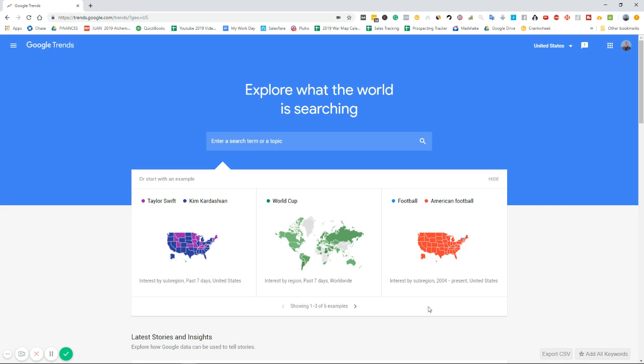So first things first, I want to give you an idea of what Google Trends is really about. This is a good tool if you have a product, a service, or a website you're looking to promote, and you're trying to figure out what people are searching, what the latest trends are, what people are really interested in, and what's really trending right now in the actual searches through Google. Like for example, here Kim Kardashian and Taylor Swift are some of the most searched terms,